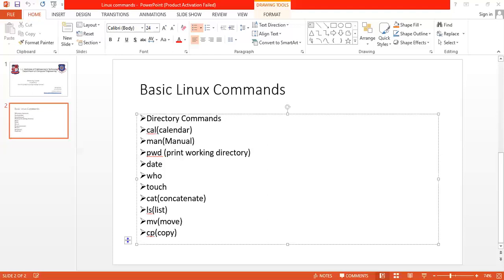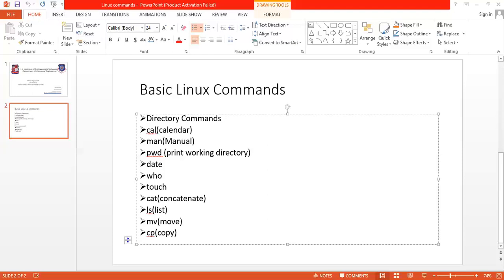Clear? So these are the three main duties of cat command. One is creating a file, displaying the content of file, and appending the content in existing file. Okay, so they are the three duties.